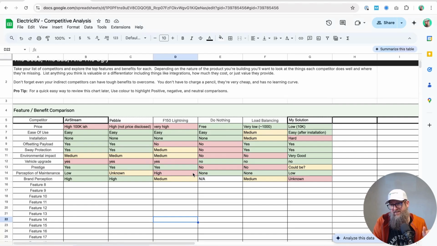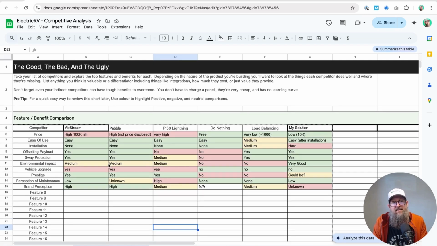And again, this is all made up. I'm doing an approximation so that you can get a clear understanding of where we're sitting. The idea here is that I'm going to go down, I'm going to list out all of my competitors, and I'm going to add my solution into this last column. What I really want to do in terms of features and benefits, I want to pull in a variety of different things. Hard numbers that you can pull in that are great, like the cost, the value,